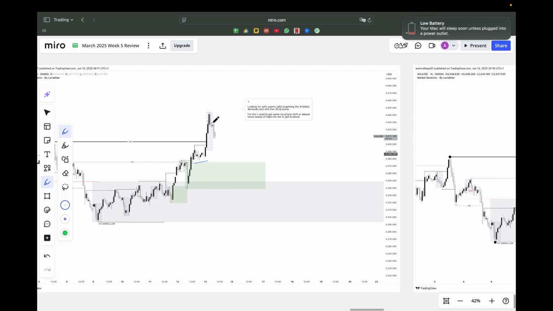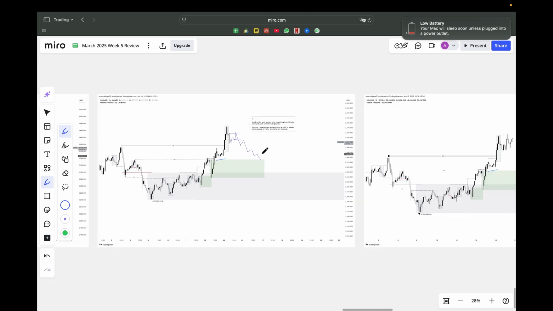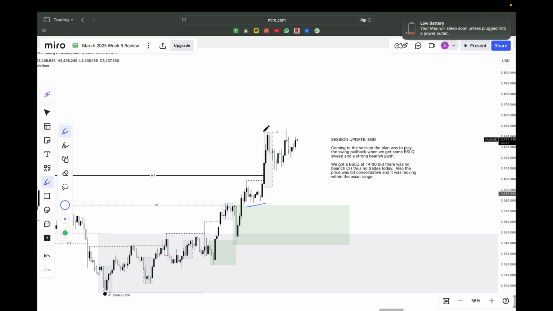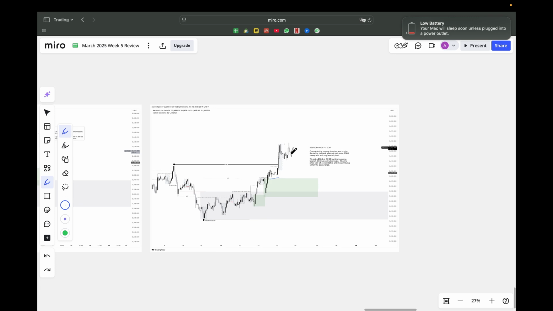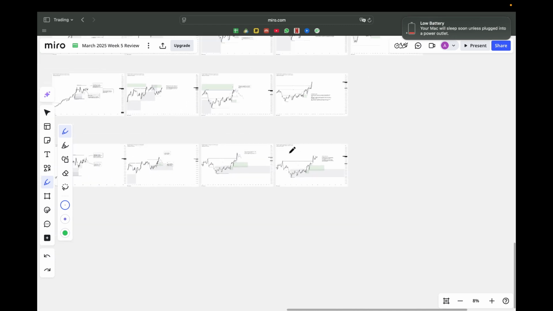There was some kind of bullish candle, so I expected some sweep of this one and a push down. At least I could have looked for sells from this one, but nothing like that happened. Price just consolidated between these highs. It did not even cross the Asian high. It just took the Asian high and again consolidated. So it was a nothing day. Nothing happened as per what I expected. Just consolidation.